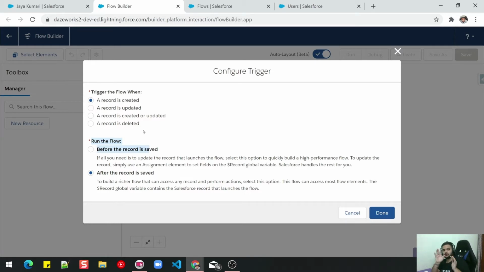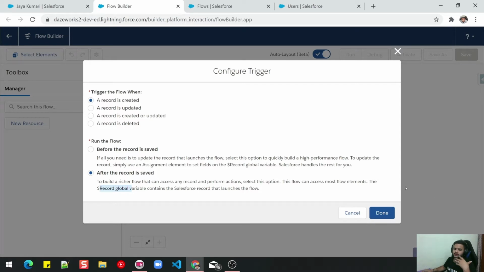If I want to run some set of operations before saving the record, then I can select before, and if I want to run a certain set of operations after saving the record, then I can select the after one. And then I have this $record global variable, which is the current record variable on which my flow trigger is running.